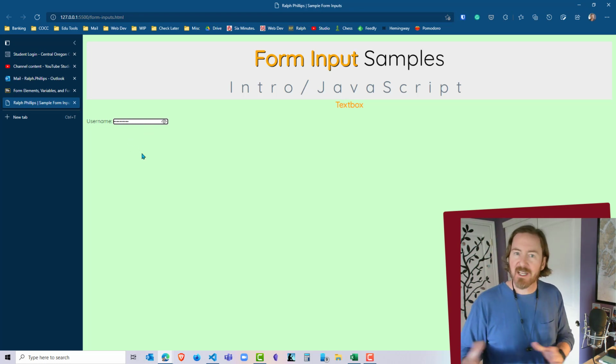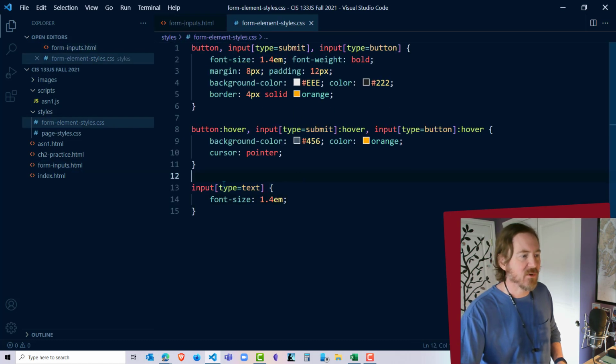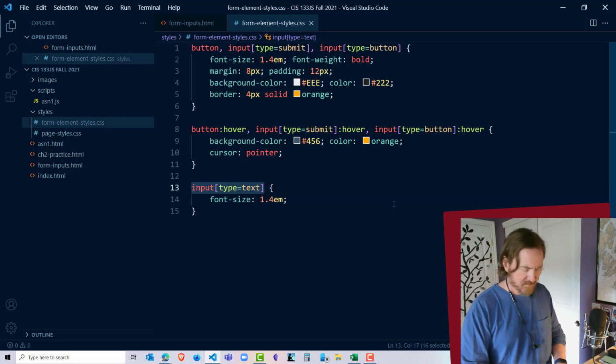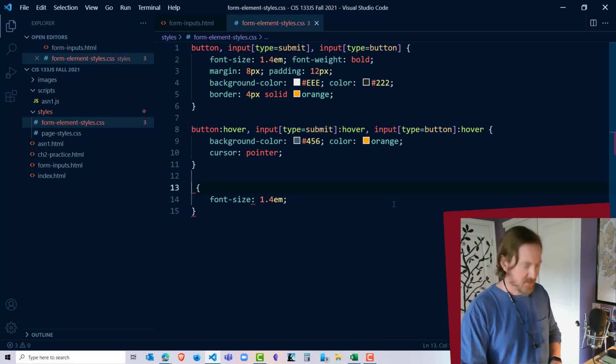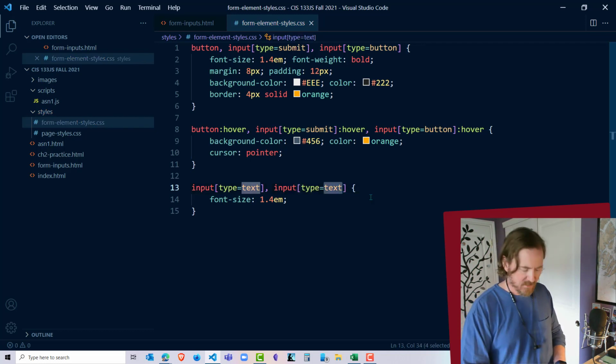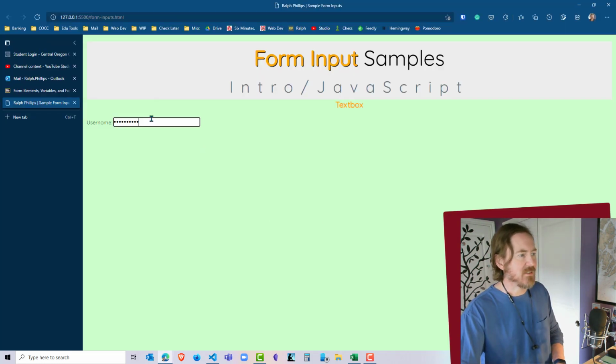Notice my text box got restyled because my style sheet is only referring to type equals text. However, if I copy that, comma, oops, let's do that again, paste, comma, paste, and I do type equals password, now both of those input types are going to be styled the same way, so even as a password box,